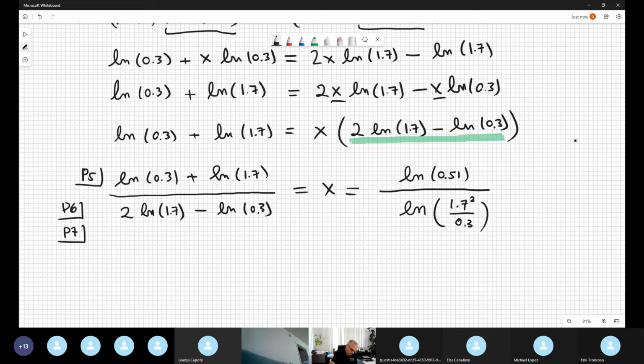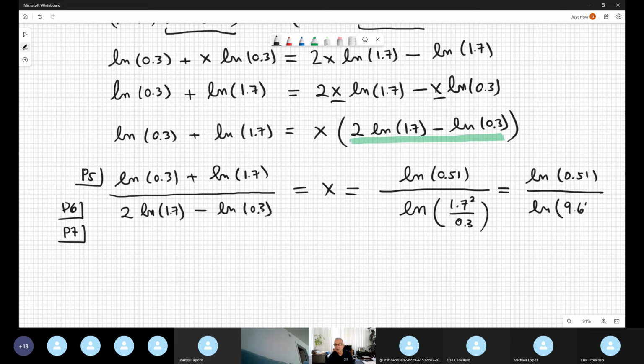Of course, I put in a calculator. It's 1.7 squared divided by 0.3, and this gives me the logarithm of 0.51 divided by the logarithm of, I compute this in the calculator, a weird number,